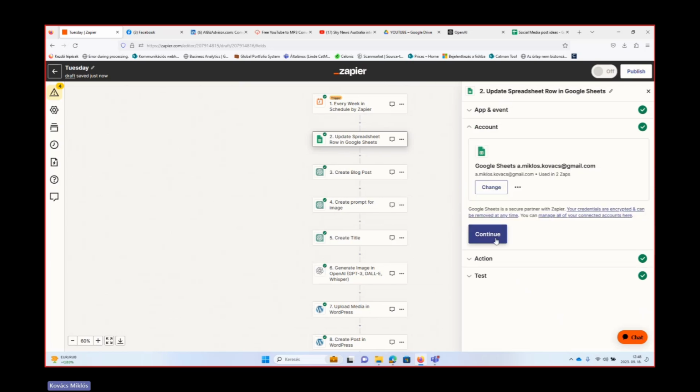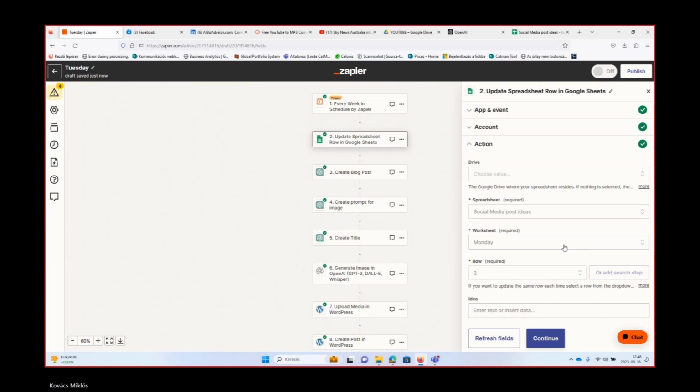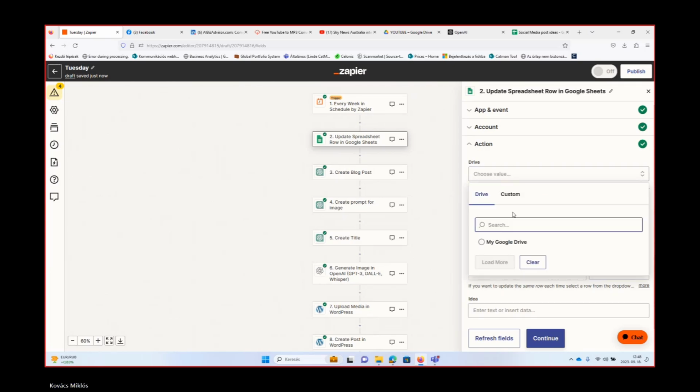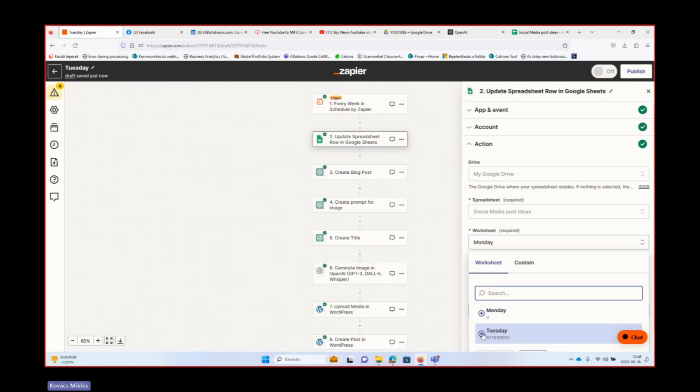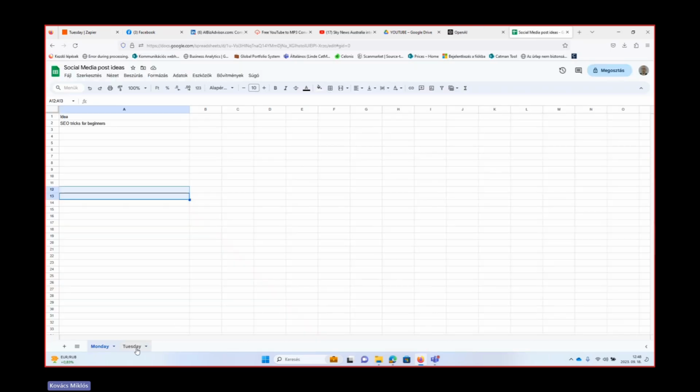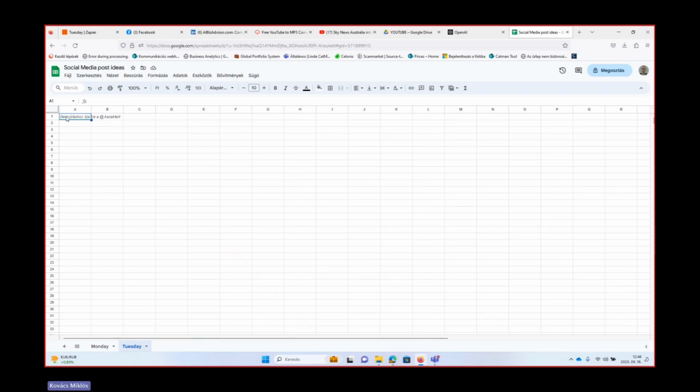Then I'm going to use the same Google Drive, same spreadsheet, but instead of Monday, I'm going to use Tuesday. So there is another worksheet, and here I could also add, I don't know, blog posting ideas for AI lovers, some things like that, right?